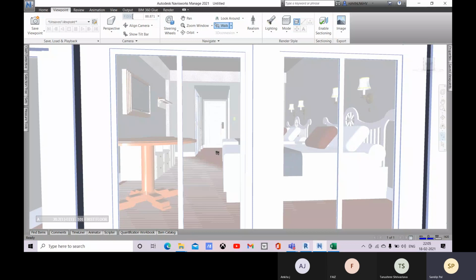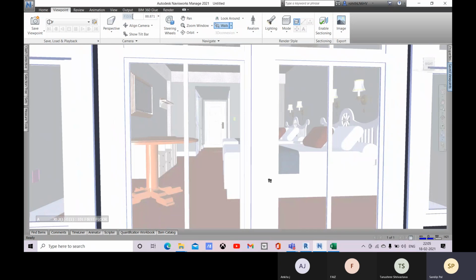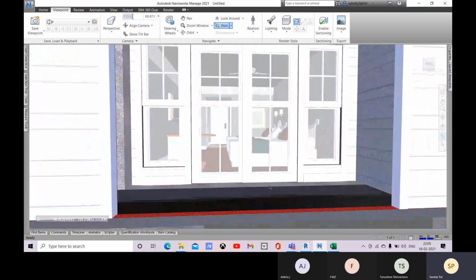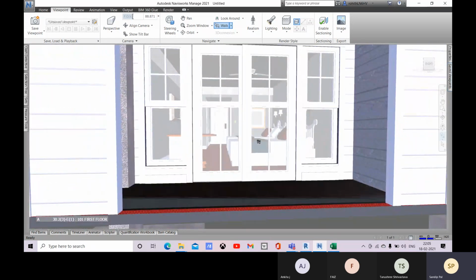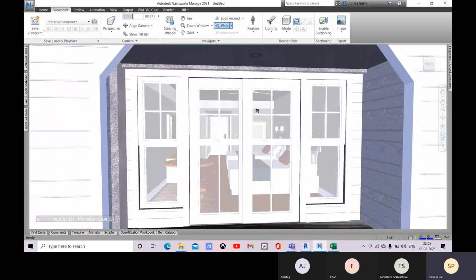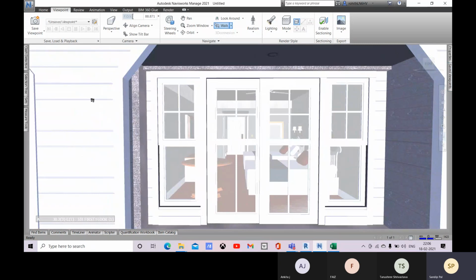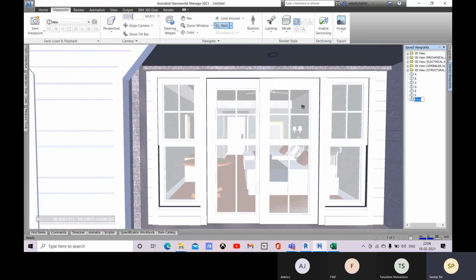Okay, so next save this viewpoint like F, enter. Next save this viewpoint as G, enter.